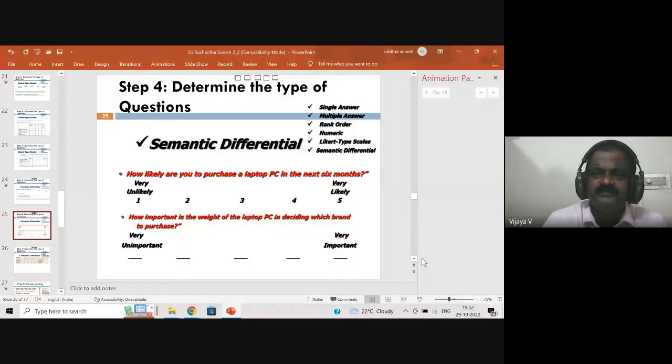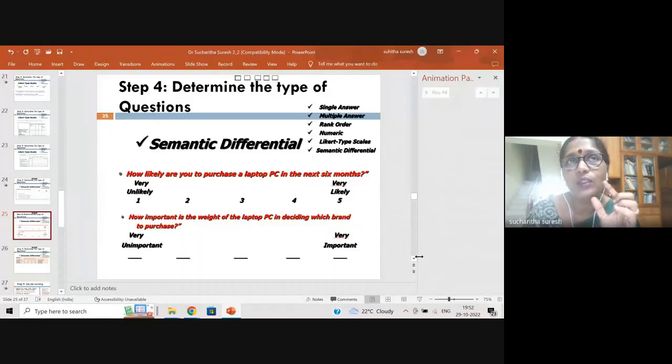She's asking. See, ranking is ranking different products 1, 2, 3. Like Sprite is there, Coke is there, and one local brand is there. If you give three things, you have to rank these three as 1, 2, 3. I can give one for Sprite, two for Coke, and three for the local brand. Some people might give one for the local brand and Sprite, and two and three for the Coke. So there we are ranking them, comparing with the other product.